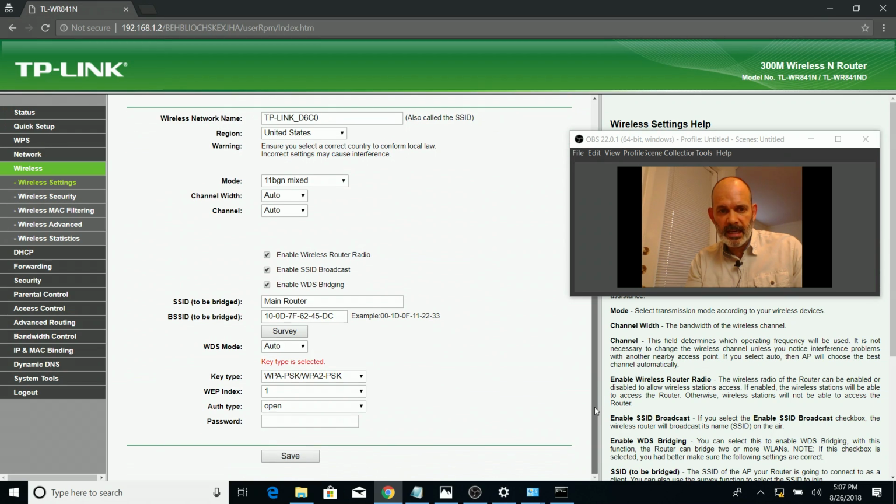So we're here, setting up WDS. We picked the main router from the survey page. If you don't have that survey functionality, now you know how to get that information. Then we go here to WDS mode. Leave everything on the defaults, but it's looking for a password, okay? So the password field, in this case, is going to be the same password as your SSID password or your passphrase